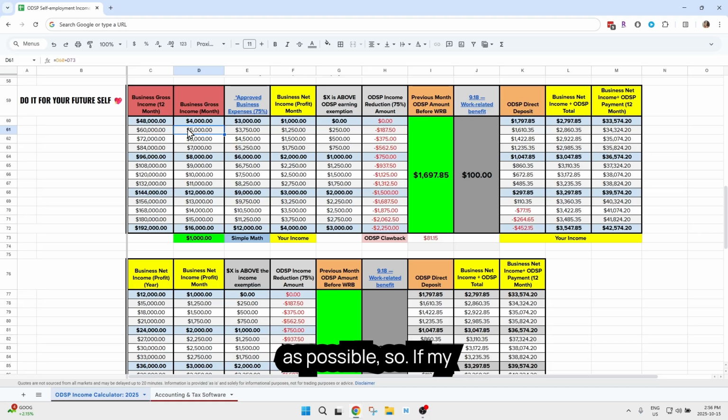So if my business made $5,000 Canadian, then 75% of that would be $3,750, and my net income would become $1,250. The $1,250 is over $1,000, so $250 in the next column G would be $250, and then at the rate of 75% deduction from ODSP, that would be